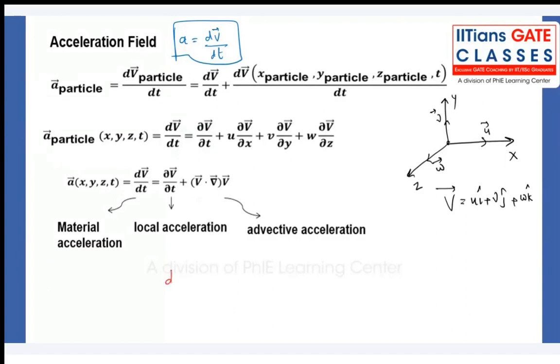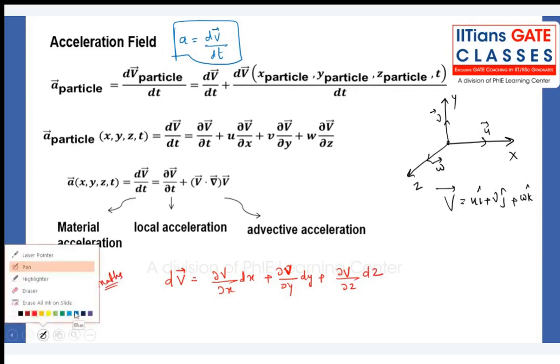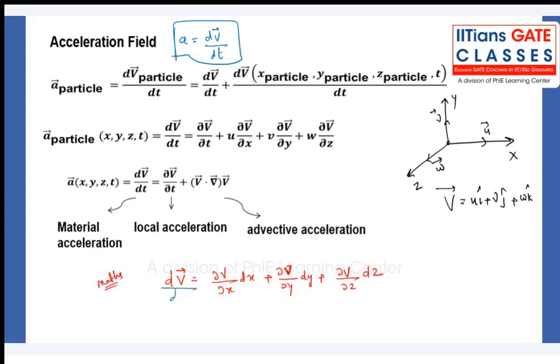See what we used to write. Complete differentiation we can write dou V by dou x into dx, dou V by dou y into dy, and dou V by dou z into dz. This is pure mathematics. When you learn partial differential equations, you will get to know. Now, if I divide by time,